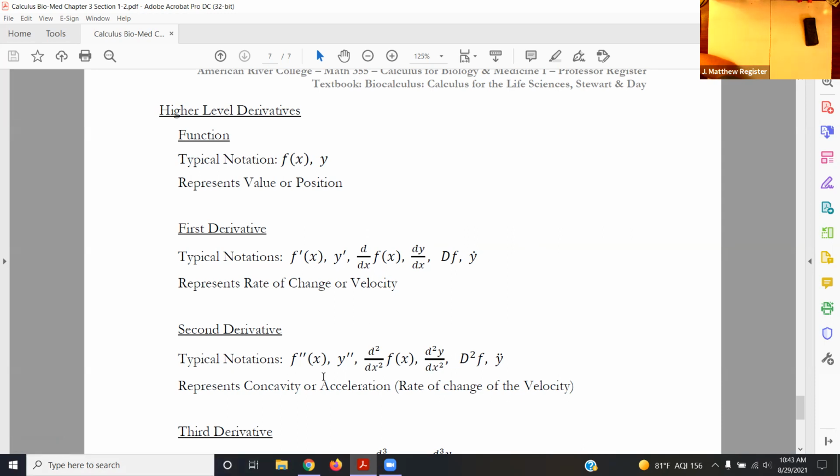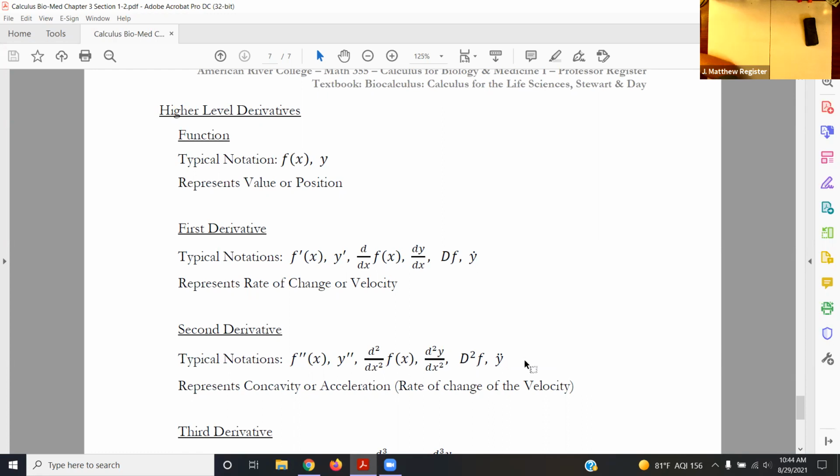The second derivative represents the concavity or the acceleration. And so how fast is the rate of change changing? And it would be given by f double prime of x, y double prime, or d2 dx squared f of x, or d2y dx squared, or d2f, or good old Newton, y double dot. All of those represent the second derivative. We will be dealing with the second derivative a little bit in this course. In Math 356, you'll be dealing with it more, but